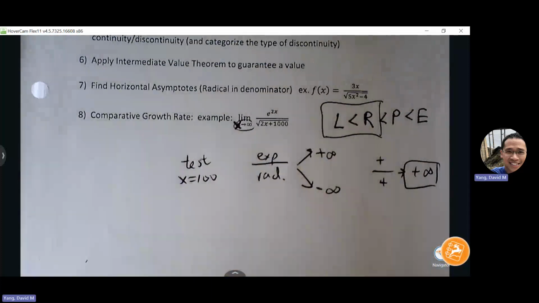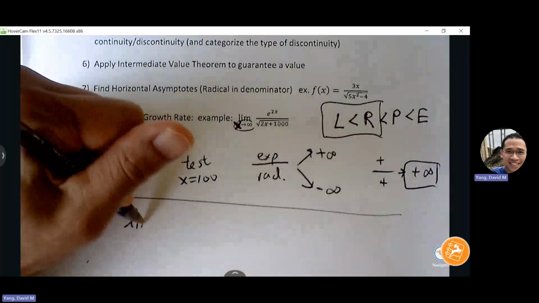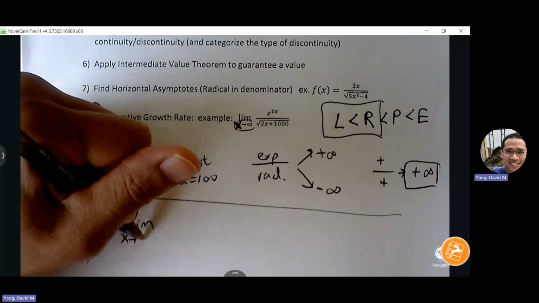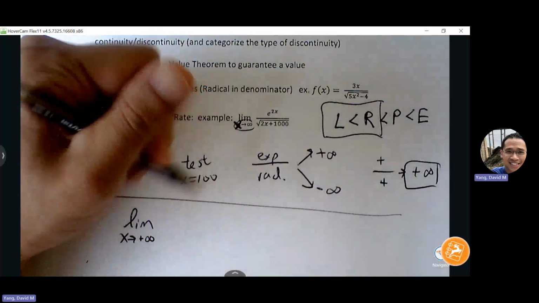What would it be if the slower one was on top? Yeah, let's do an example of that. So limit as x approaches infinity. Again, this only works for positive infinity. And let's say I have,